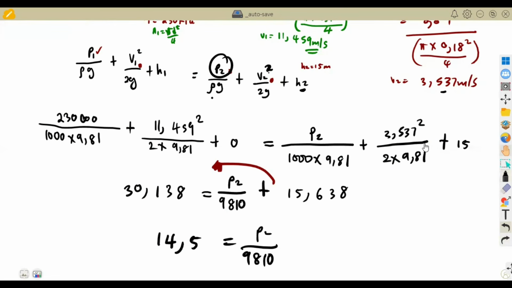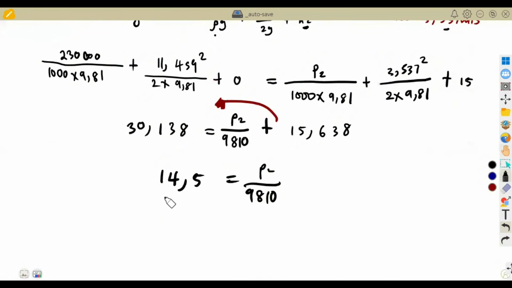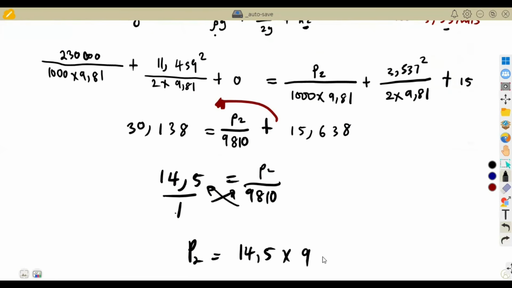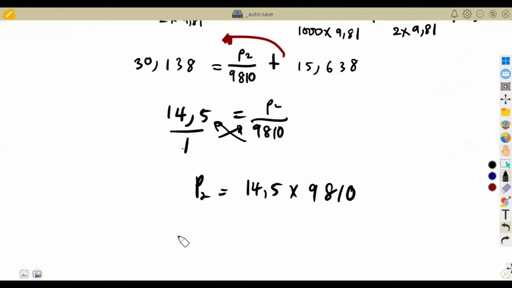So to find P2, I can simply cross multiply. This is a single fraction here, single fraction here. So 1 times P2, that is P2 is equal to this times this. So I'm going to multiply 14.5 times 9,810. So this was going to give you P2, the pressure at the exit point 2 there. And that was going to be